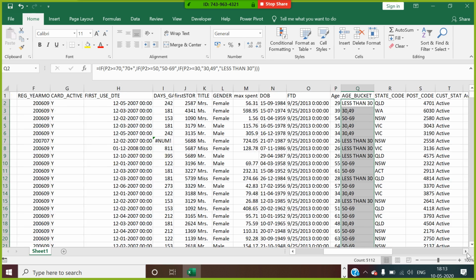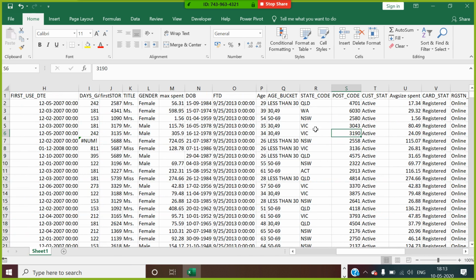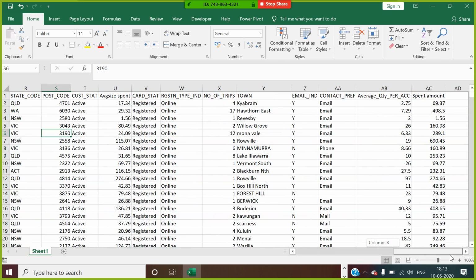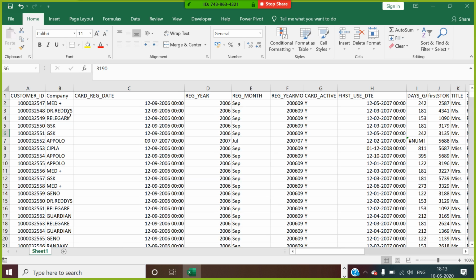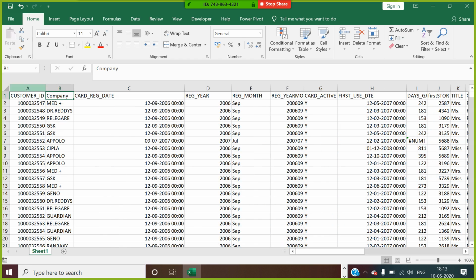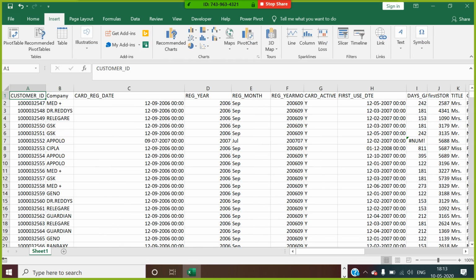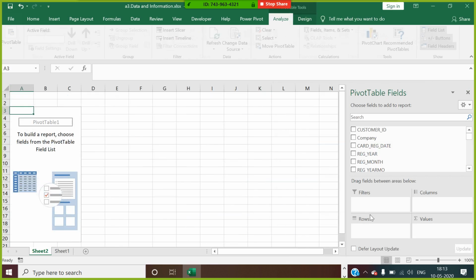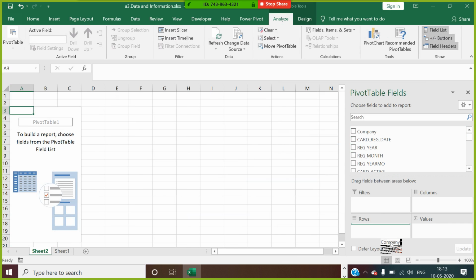So I got an age bucket here. Right, guys? This is the data. Now, what else can I do? I want to get data from this table where I can see, company-wise, the average visit and the average spent by the customer. Taking this data, I create a pivot table company-wise.